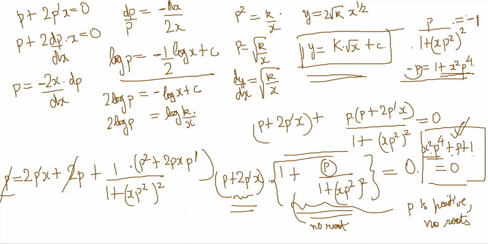Okay, so differentiating, putting p, everything, all of that is fine, taken common, right? Now to find the general solution of this part we have done p plus 2x p dash, right? And the other part, what happened to the other part? He has ignored that. To find the singular solution, take 1 plus p square is 0. Okay, so I don't know what he means there. I think he has just ignored that second part.